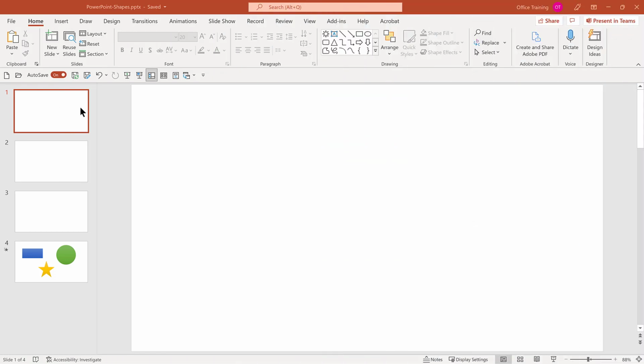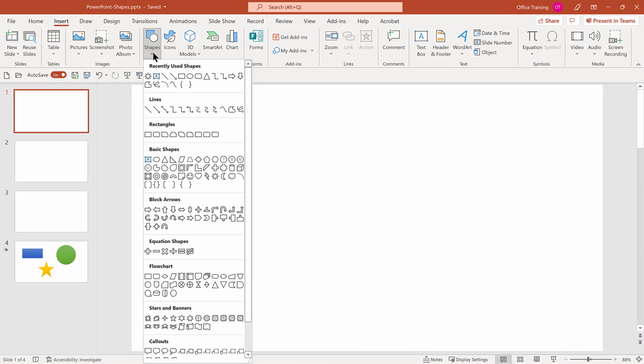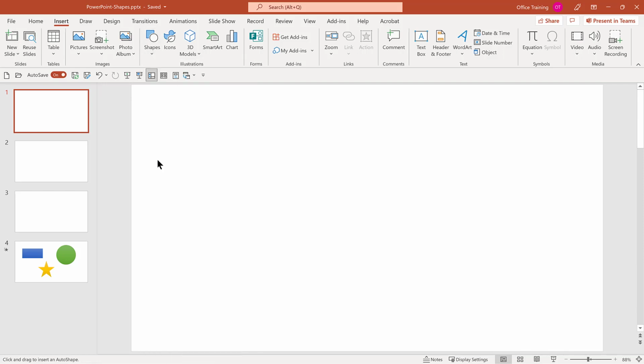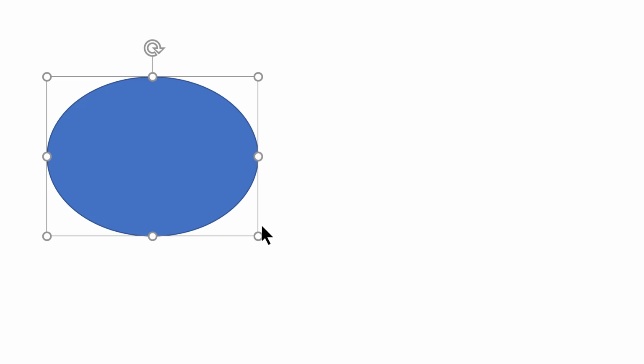To add a shape, pick Insert, Shapes. Notice the wide range of options that are available. Select the shape and then click and draw. And once you create the shape, you can add text, change the formatting, and apply other special effects. Keep in mind these options for creating and formatting shapes also work in other Microsoft Office programs, including Word, Excel,